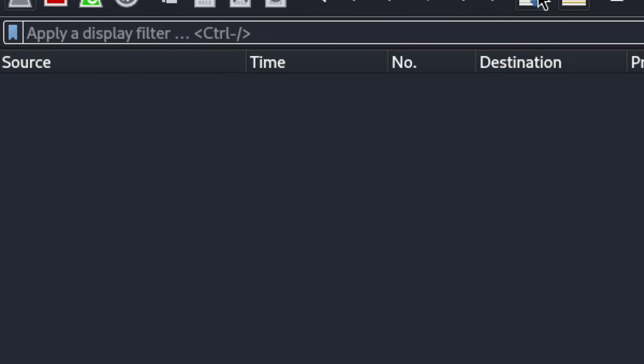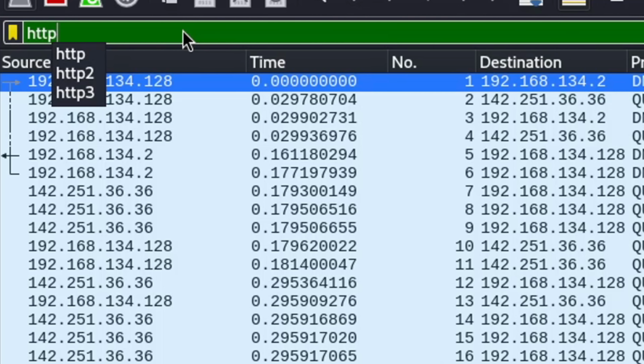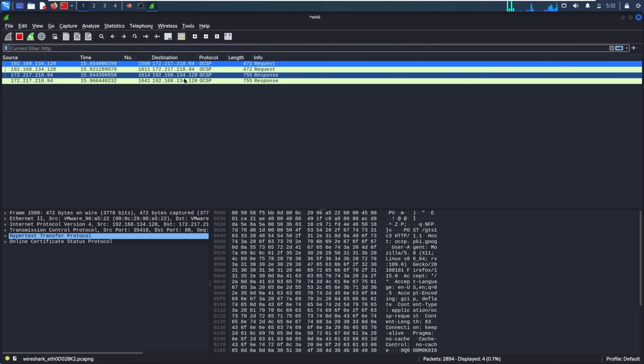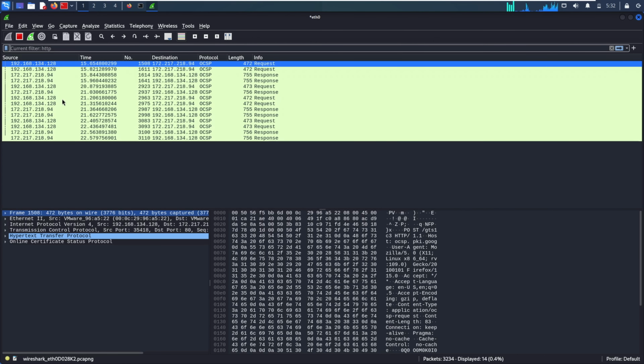This is where you can type in specific criteria for what you want to see, and Wireshark will filter the captured packets accordingly. It's a powerful search tool at your fingertips, allowing you to focus on the packets that are relevant to your analysis. For example, let's say you're interested in only HTTP traffic. You can simply type HTTP in the filter box, and Wireshark will show you all the packets related to HTTP communication. This makes it much easier to narrow down your focus and extract the information you need from a large